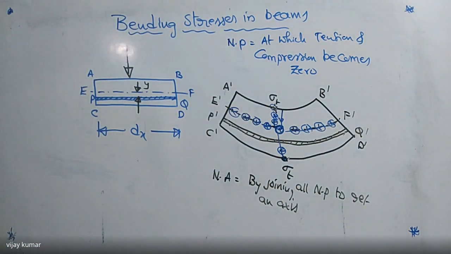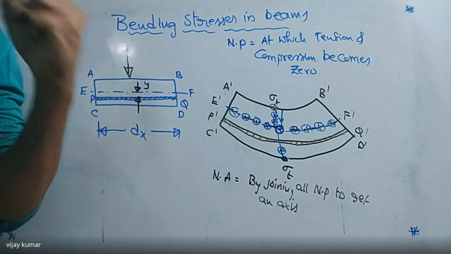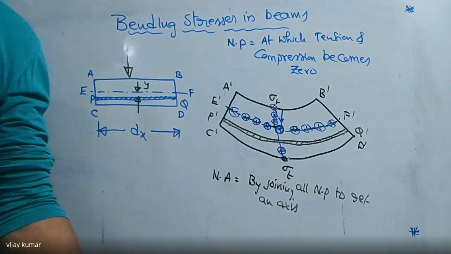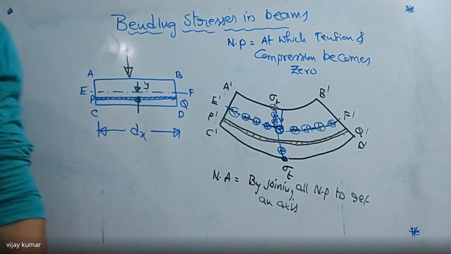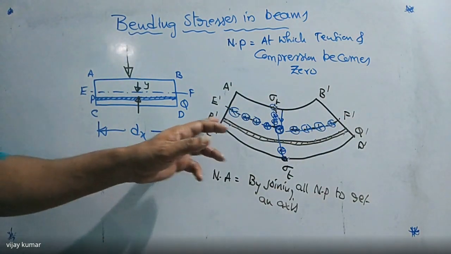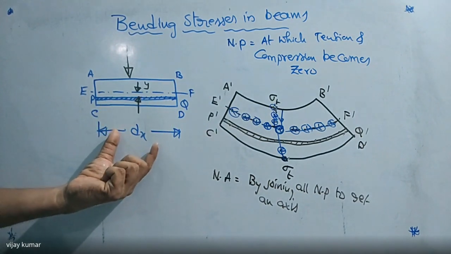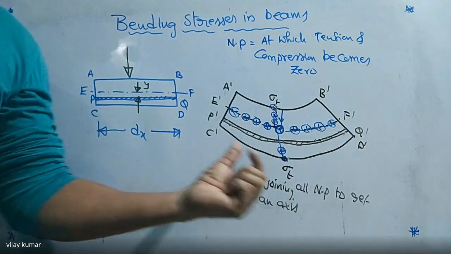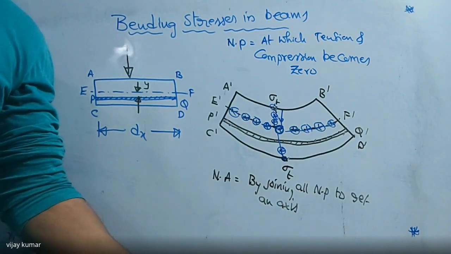Right. So listen carefully here. Here I want to find the equation for bending stress. If you know the equation, then I can substitute the boundary conditions where the stress is maximum and where the stress is minimum. E dash F dash is nothing but the neutral axis, and P dash Q dash is a small element which is having a length of dx initially, before application of the force. After application of the force, that length will vary automatically. Why? Because it is under deformation. Did you get my point or not?